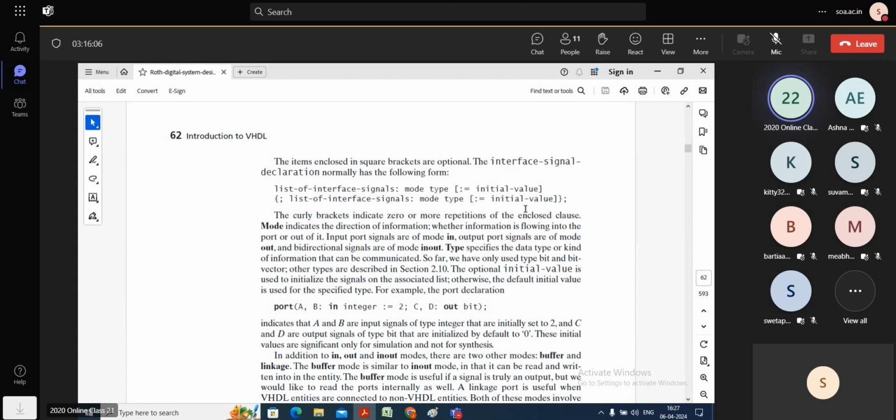As we discussed, the items enclosed in square brackets are optional. Then this interface signal declaration,